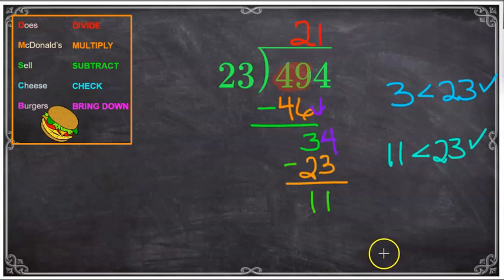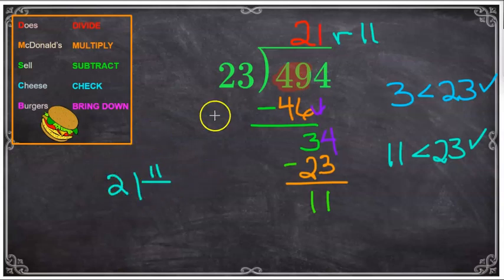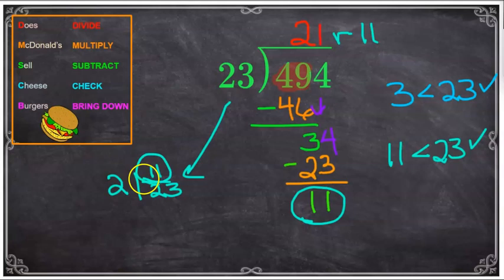So depending on your grade level and what you're required to do, your answer might be 21 remainder 11. If you are required to change this to a fraction, then what you would do is you would answer this 21 and 11 over 23. So the original divisor is the denominator, and what's left over is the numerator. Okay,